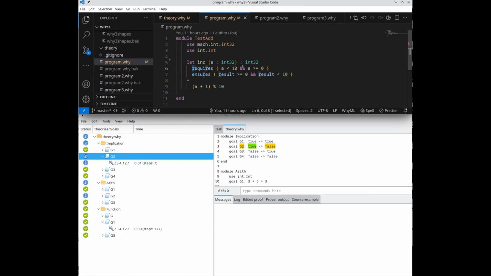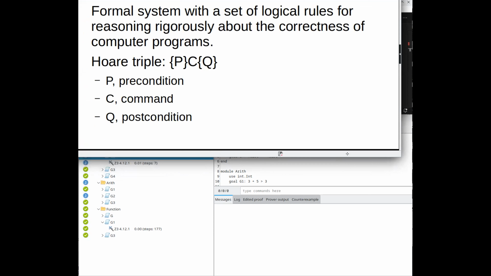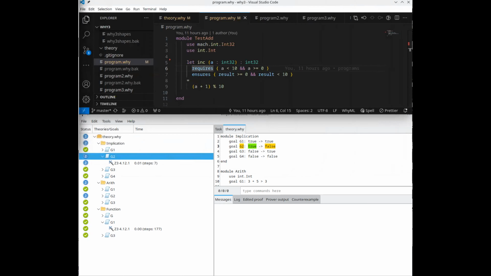And now we can try without any contract. So this is essentially the contract. This is the input. If we relate that to what we had with the Hoare logic, we saw that we had this P for our precondition, C is the command, and Q the post condition. So this is the precondition, this is the command, and this is the post condition. So if we just try to prove this